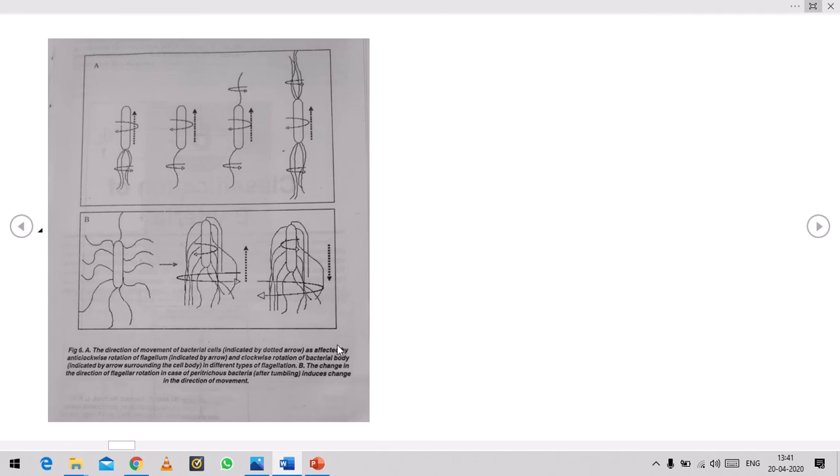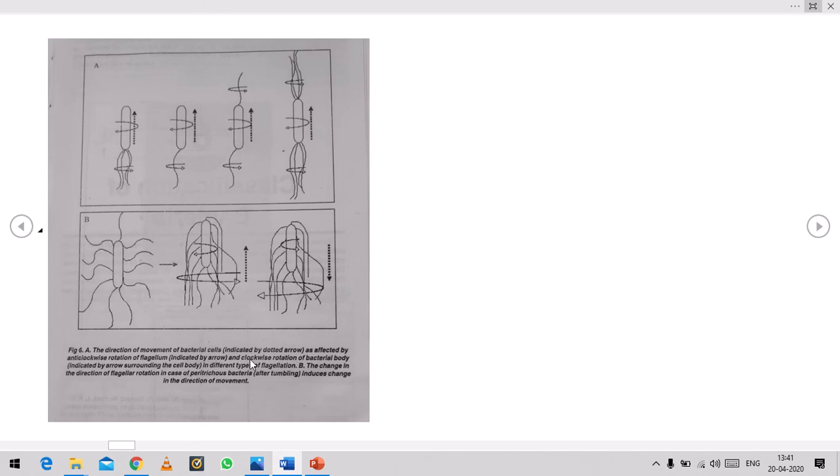The recent theory explains that all flagella are semi-rigid helical rotors, capable of spinning around their long axis. You can see how the movements look: this is the anticlockwise and this is the clockwise movement. You can see very well the movements, either clockwise or anticlockwise along its axis. Each flagellum rotates in a counterclockwise direction and pushes the bacteria.